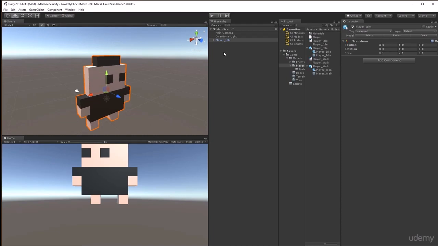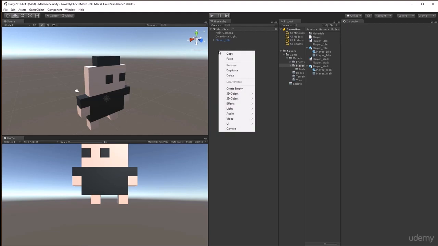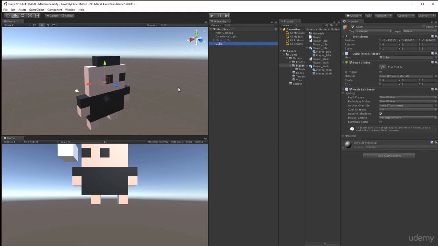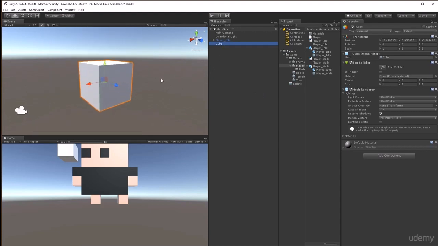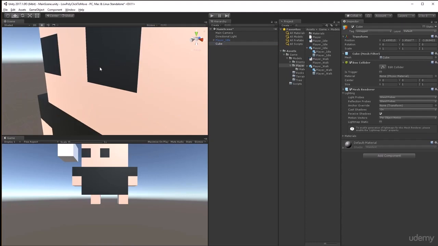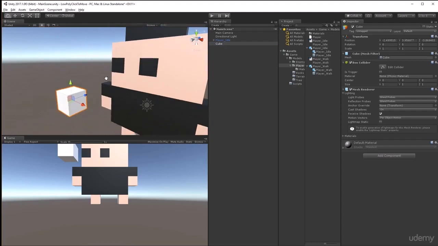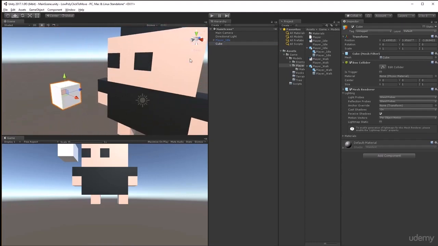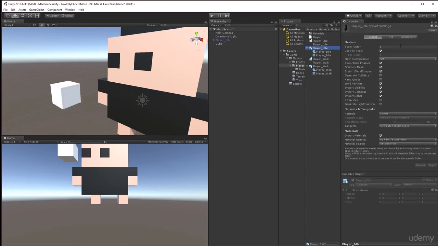Now one thing that's perhaps not obvious is that this player is actually pretty big. If we right click and go to 3D object and cube, we can see that compared to a Unity cube, our player is absolutely massive. So the easiest way to fix that is to come to player idle and change this scale factor from 1 to 0.1, and then if we click apply,